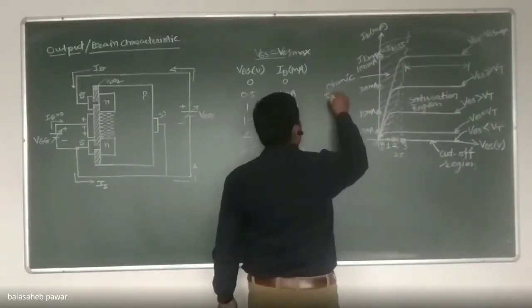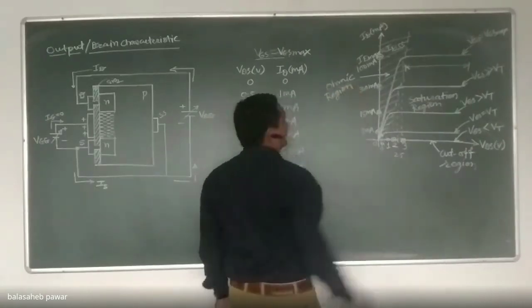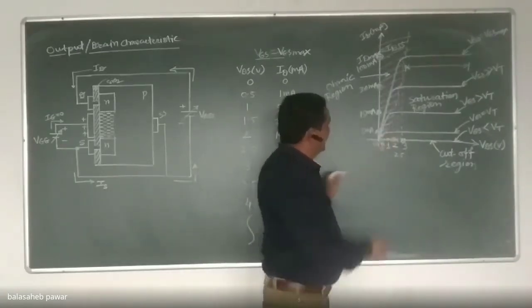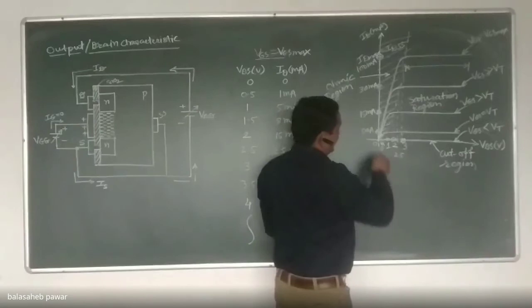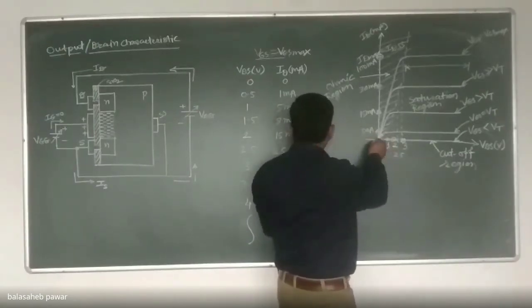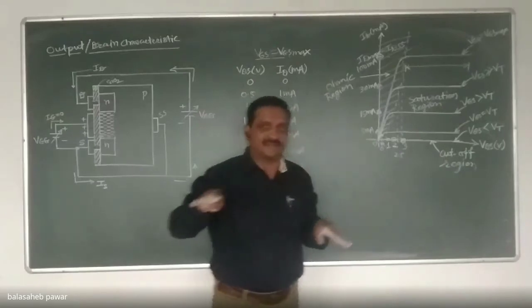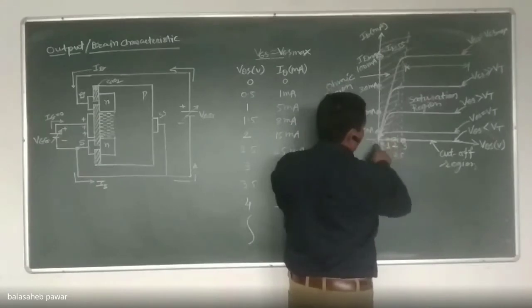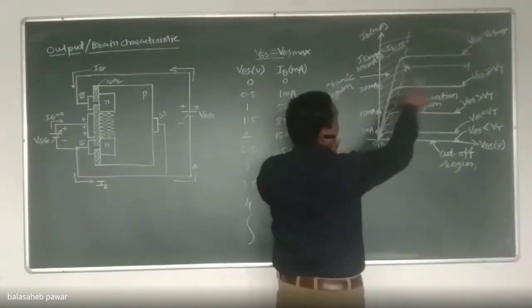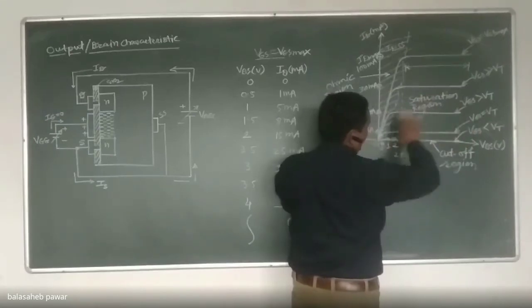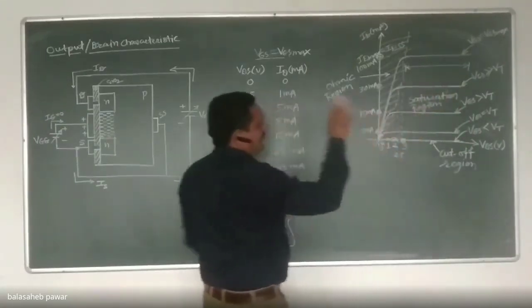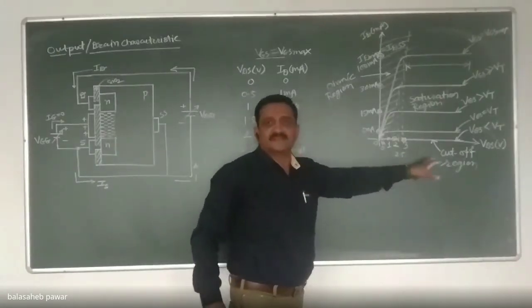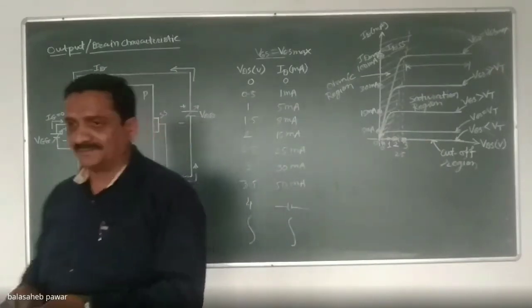What is the ohmic region? It is the region in which, by increasing the output voltage, output current also gets increased. You can check for any curve. By increasing the output voltage, output current also gets increased slightly, and later on it remains constant. So the linear region where current increases with output voltage is known as the ohmic region, and later on the current remains constant. The region where the output current remains zero is known as the cutoff region. So is it clear now?